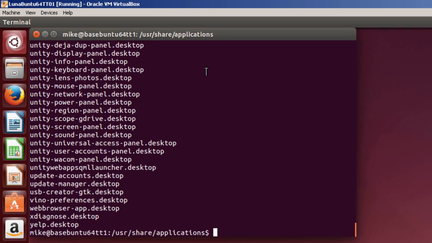And what I'm going to do is create a desktop entry for the Eclipse application, and I'm going to use the Vim text editor. You can use whichever text editor you wish. Gedit, I believe, is the default editor for Ubuntu now. But I'm using Vim because sometimes the spaces don't line up correctly when you're viewing it on the video. And I'm going to call this